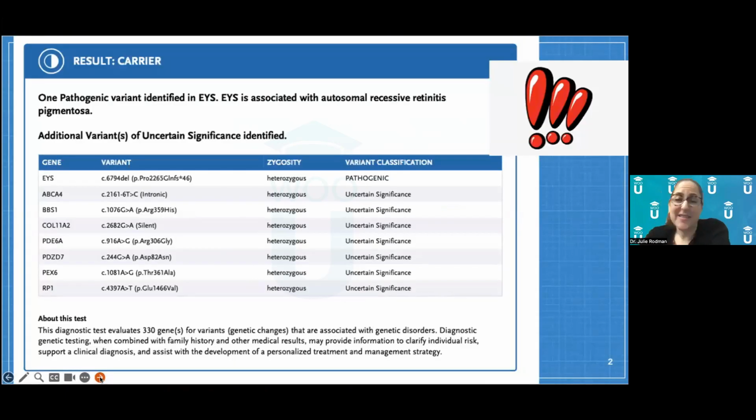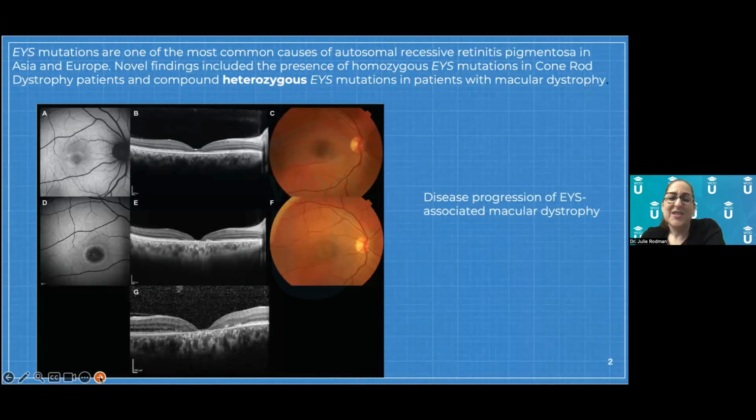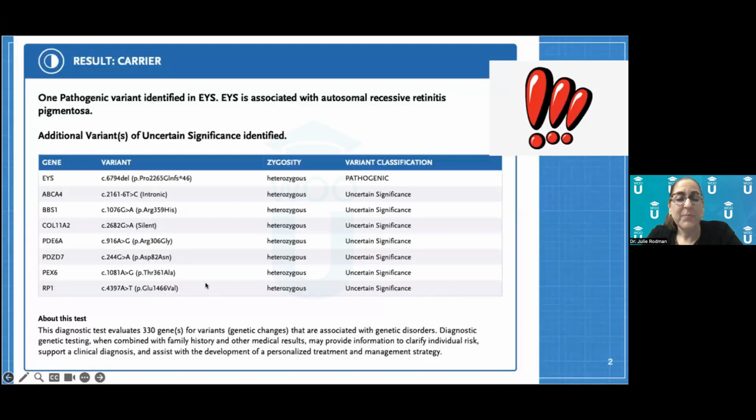Guess what? Also did genetic testing on this patient, and this sister had the exact same variant, the EYS gene. So I went and did a bunch of research, because I'm thinking, now this makes no sense. I don't think this patient has retinitis pigmentosa. It doesn't make sense. But just to point out one thing, if you notice this word heterozygous, this is actually really important, because if it's heterozygous or homozygous, it actually changes the